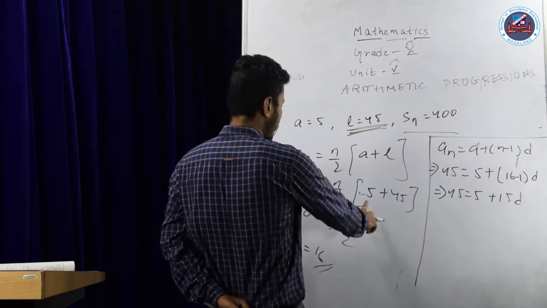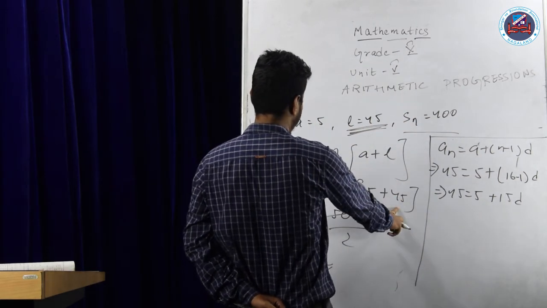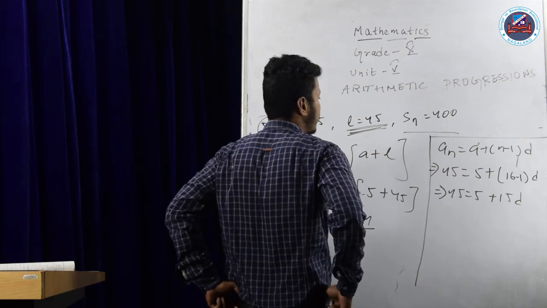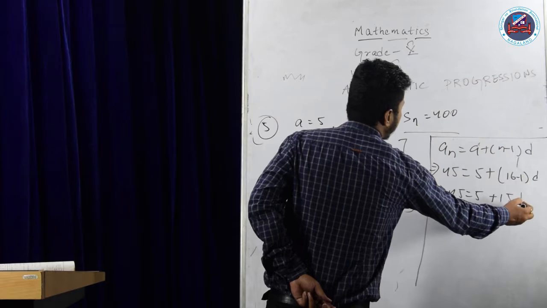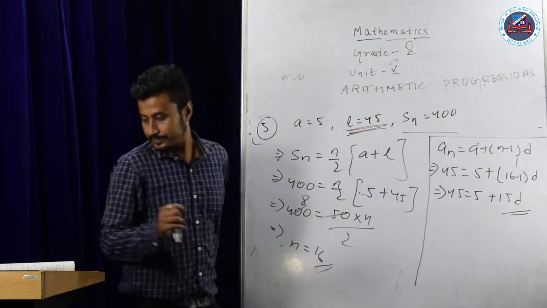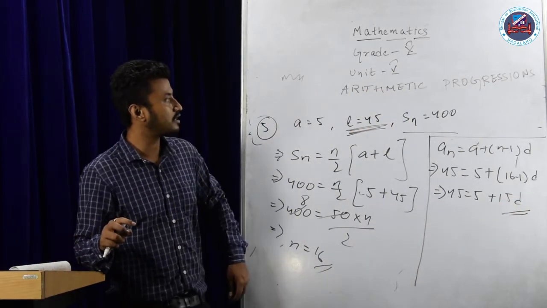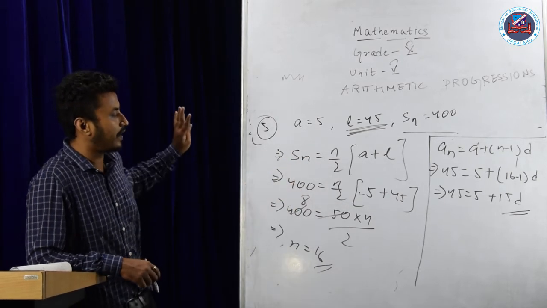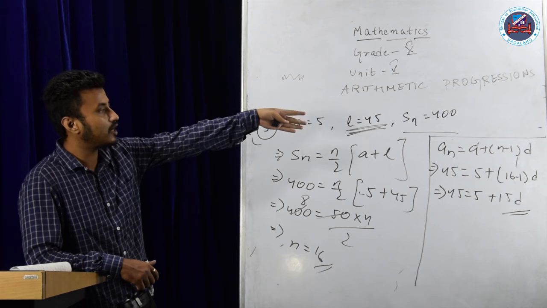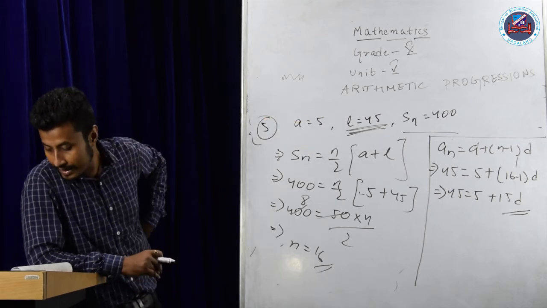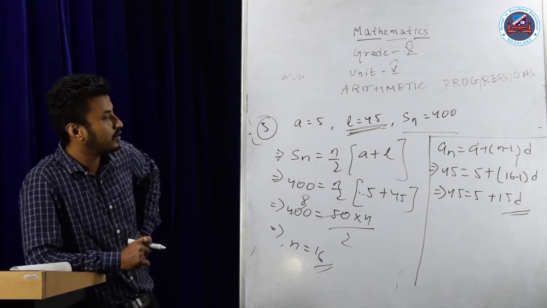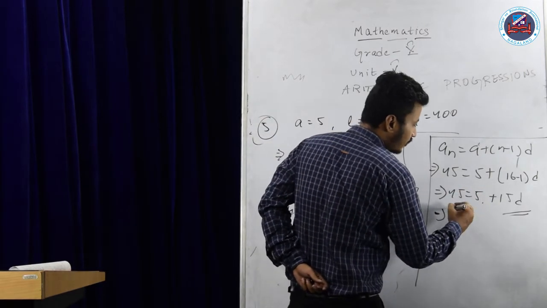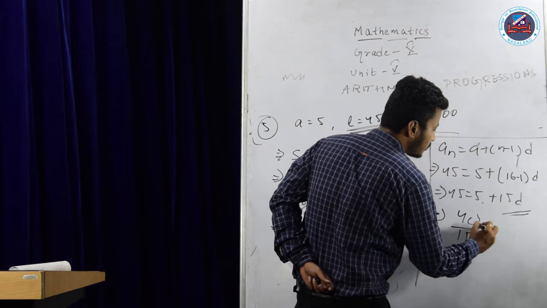One second, okay guys. Solve it, you just proceed with this, okay? You will get your answer. This is how you are supposed to proceed, guys. First, Sn equals n by 2 (a plus l). From there, I found out the value of n. n value I got as 16. Put the value of n in the equation, you will get the value of common difference also. Okay, common difference, how will I find now? 45 minus 5 is 40 by 15. This is your common difference.